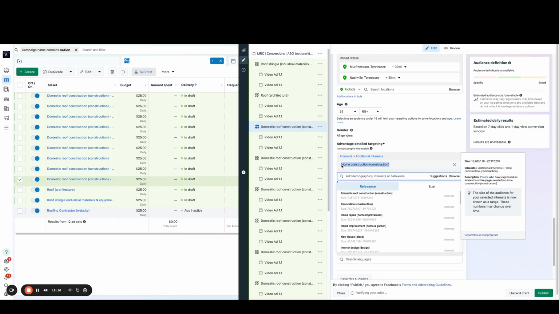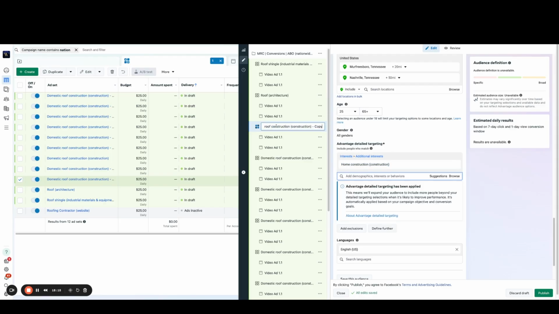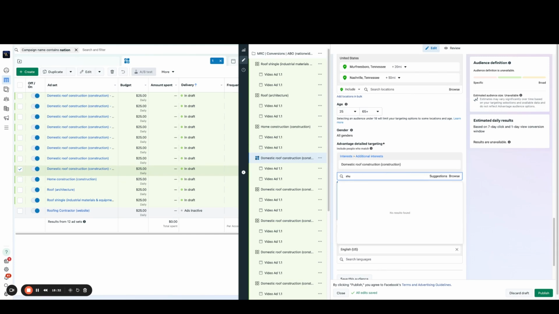And I don't typically like to get too far outside of the service that we are specifically selling. I don't see it perform as well. But something that we could try here is running out of roofing. First of all, let's try shingles. We already have roof shingle. So let's just say home